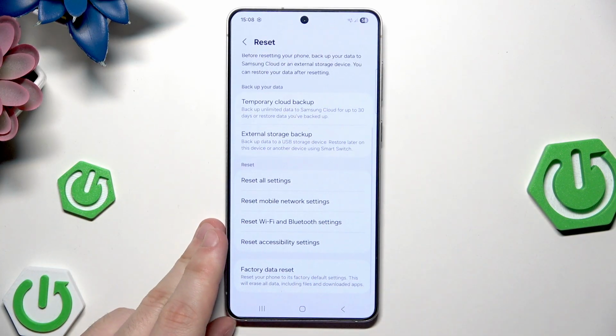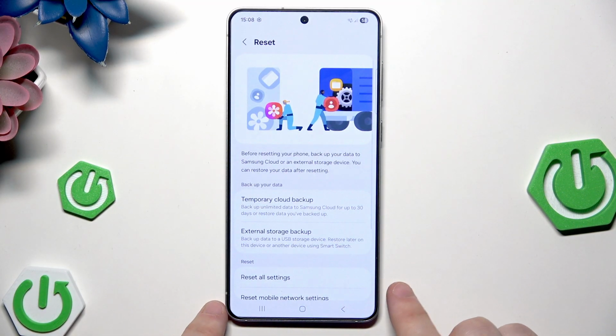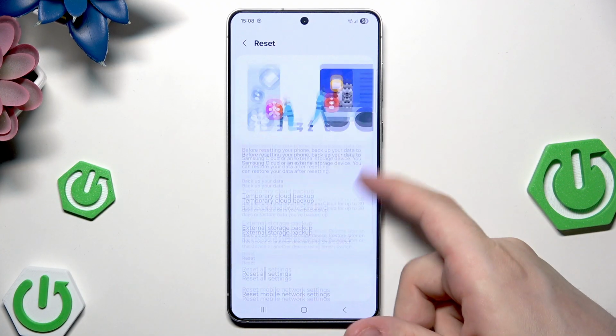Of course, we are interested in the factory data reset, and that's our main goal. But remember that after the resetting of your device, all of your data will be lost. So, for example, having a backup is a nice option if you don't know how to create it. Also on our channel there is a video where I'm showing you all backup methods, so if you want you can look for it. Right, and now we need to scroll down